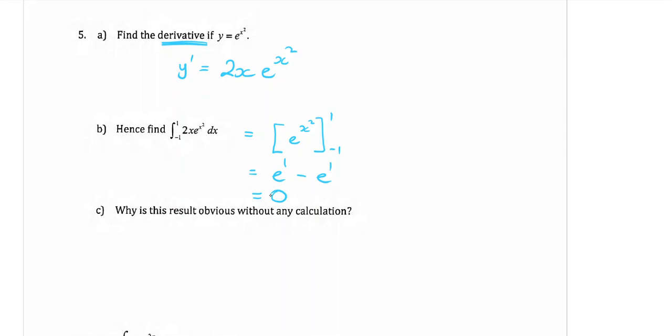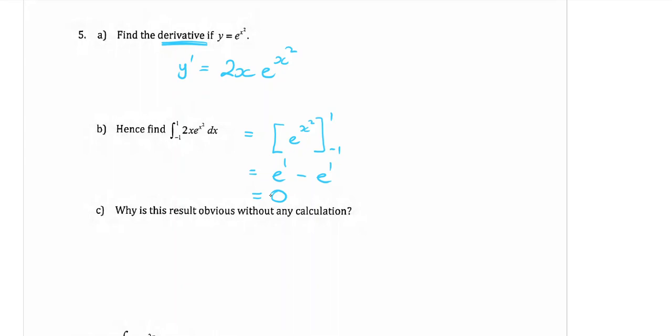Why is this result obvious without any calculation? Was it obvious? Or was it? Come on, you'll explain to me, Kieran. Correct. Maybe some more mathematical terminology in there? No? Oh, so close. Odd. It's an odd function. So it's symmetrical around the y-axis, which means the two areas are cancelling each other out, which is why it